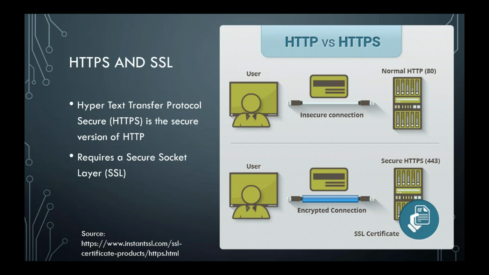Next up, next layer of security is SSL and HTTPS. So back in the day, everything was just HTTP. Now you see HTTPS, and the S is for secure. That means you've got something that's a secure sockets layer, which in this illustration is showing an insecure connection. It's not that great an illustration, but they're showing that when you are connecting to the internet, you're in an encrypted connection when you're using HTTPS, which is what you would use on any site where you would want to give personal information or your credit card information, that kind of thing.